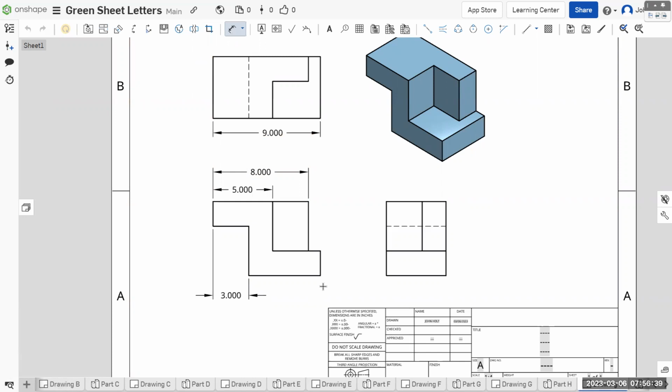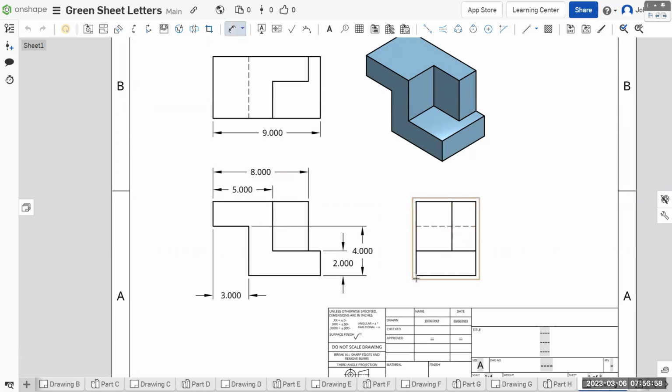Height down to up. First thing that happens is this ledge right here. Perfect. The next thing that happens is the height of this overhang, which on the front view crosses over, super long extension line. Let me get a little more space. On the right side view, it goes to a hidden line, not ideal. Outside of the adjacent view,